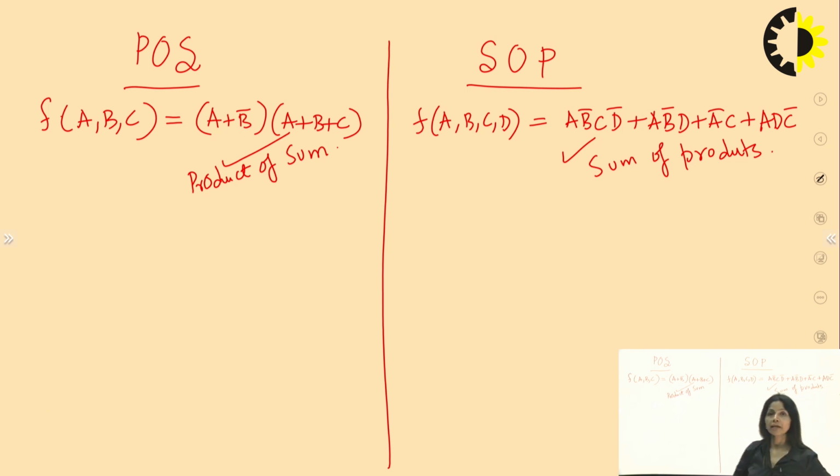So whenever a K-map problem is given to you, you need to check whether the problem is from SOP or from POS. You need to check that first, right? Then you start applying the method. Okay, now coming to the SOP.